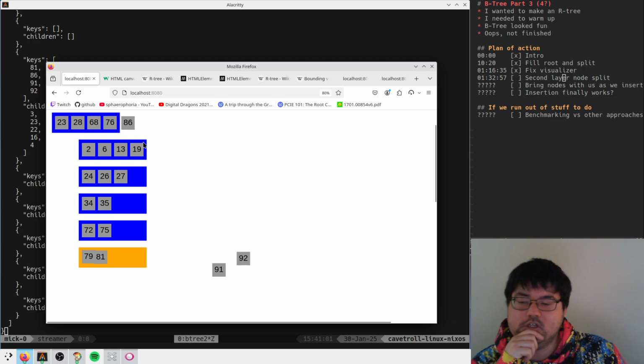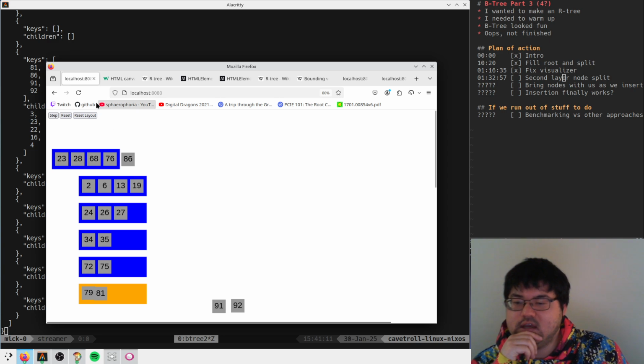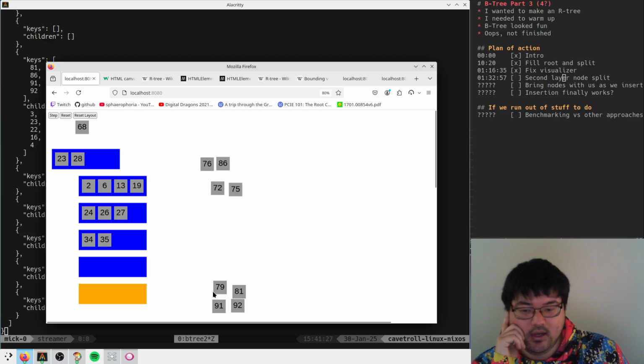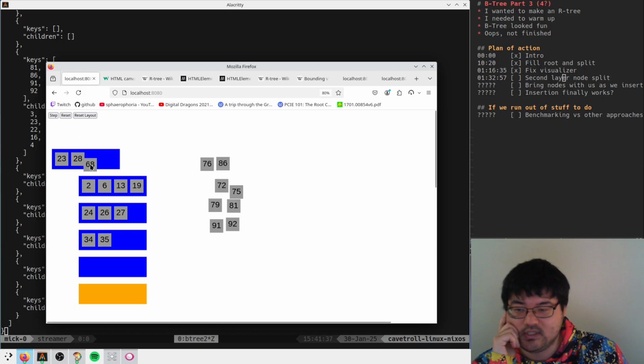And here we're going to do something wrong. We're not going to do the right thing at all. But I wonder what we're supposed to do. Here we're probably supposed to discover that 68 pops out. 76, 86 become our new thing, but we need to append all of these guys as children. That's what we have to do. So these guys have to come here. And then when we figure out how to insert the 68 here,